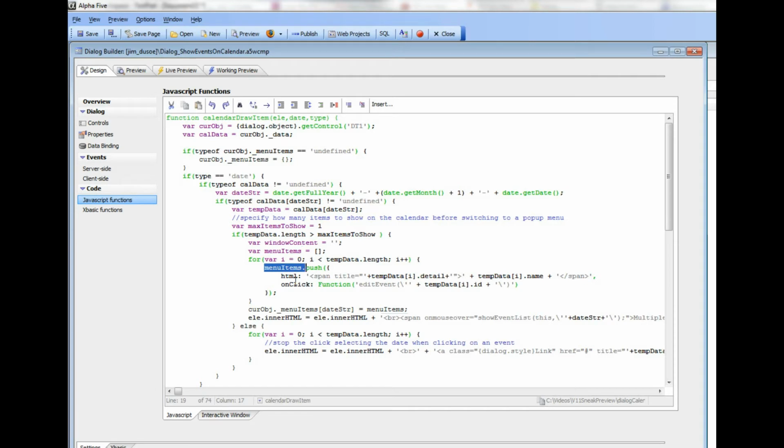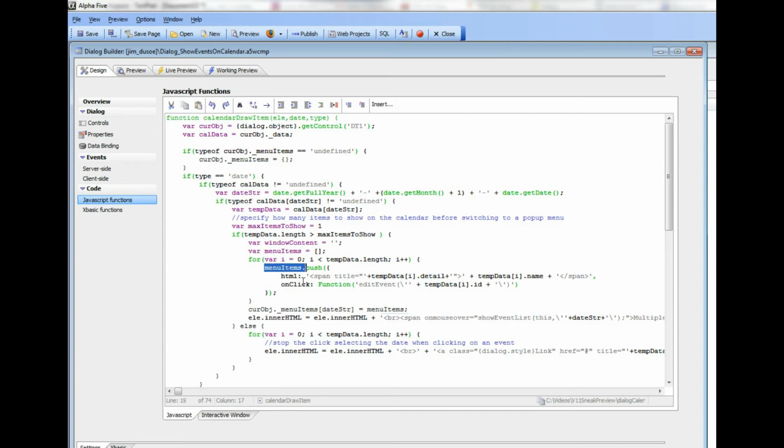and one called click. So the HTML is what gets displayed in the pop-up menu, and you can see here we've got a span, and inside the span we've got title, a title property which contains the actual details of the order. And then we have the customer name over there as well. So this is what's going to get displayed in the pop-up menu, and this is the bubble help for that